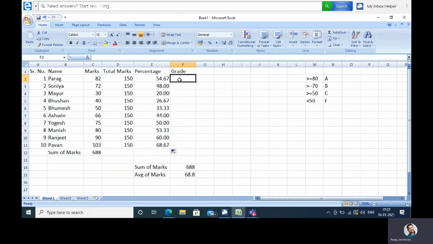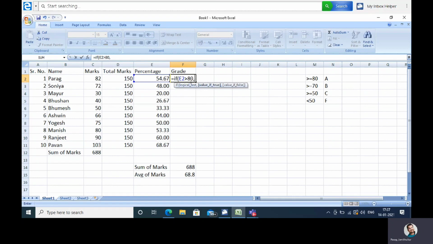For that we need to use the IF function. So how will we calculate? Equal to IF, and then the opening round bracket. Suppose we follow this condition, I will tell how it works. We are checking this percentage, right? Suppose this percentage is greater than or equal to 80. What I want is, if the percentage is above 80, then print good.